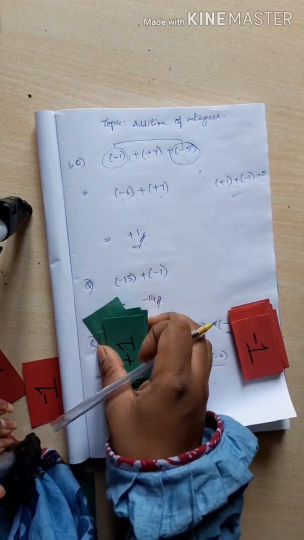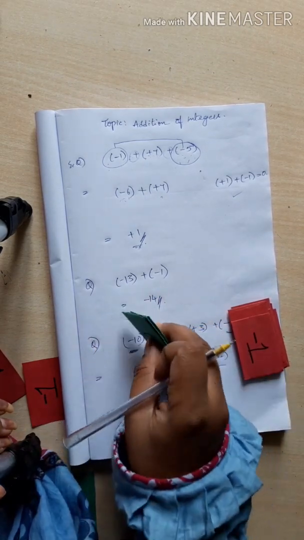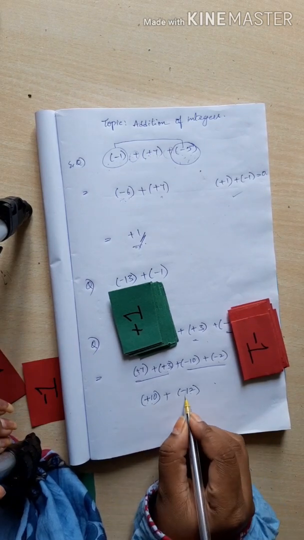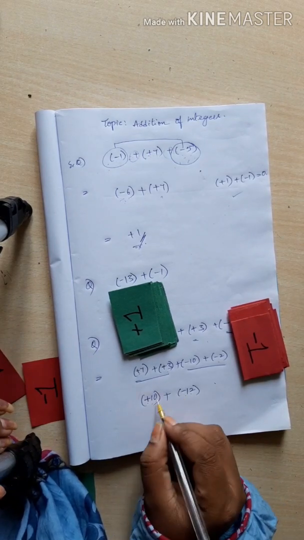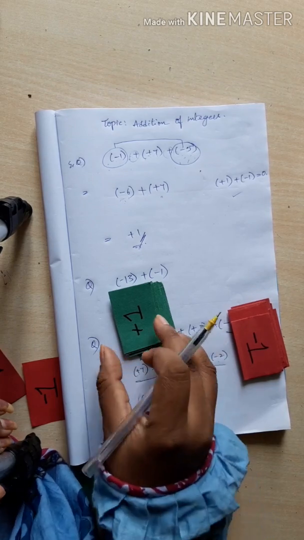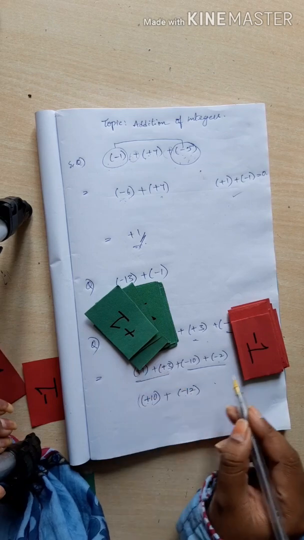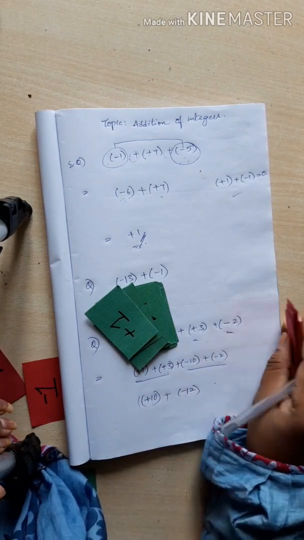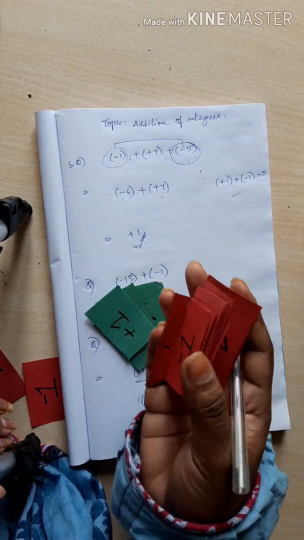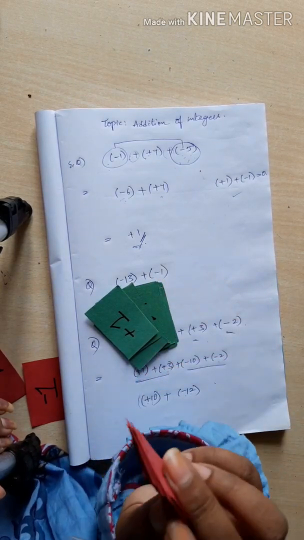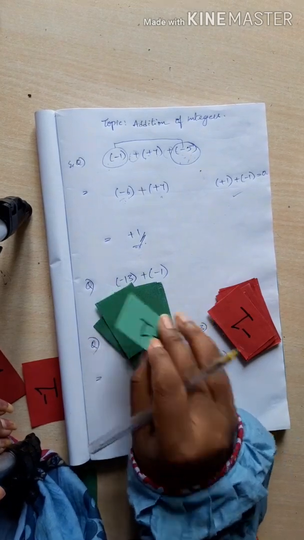Now, among these two types of cards, which color cards are more? Plus 10, minus 12. Don't see the signs because we are treating them as cards here. 10 cards are there, 12 cards are there. Which cards are more? 12 cards are more here. Which type of cards are these? Red color. So the answer also you are going to get in red color. See, I'm adding